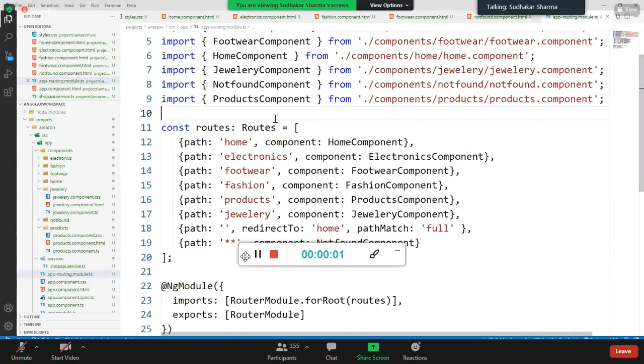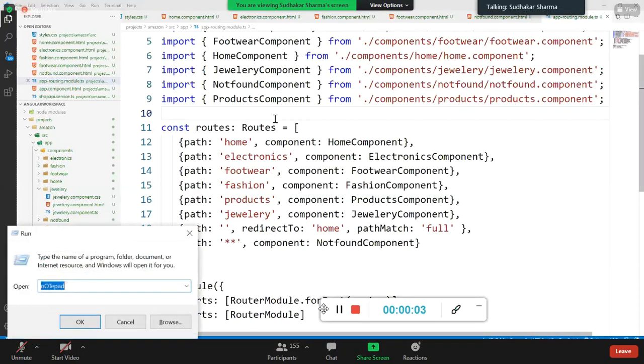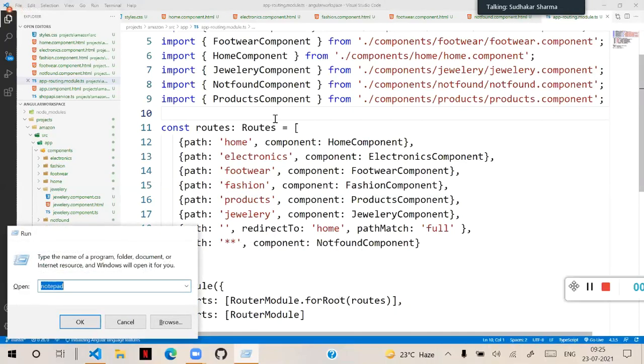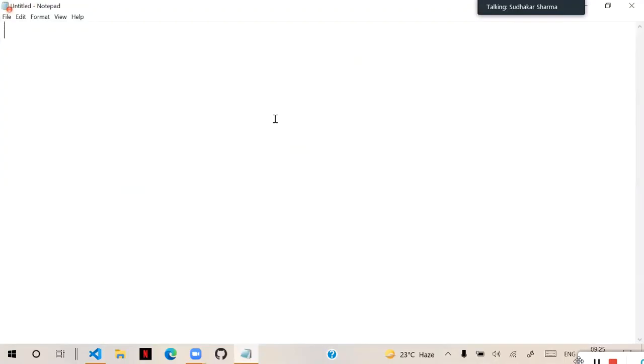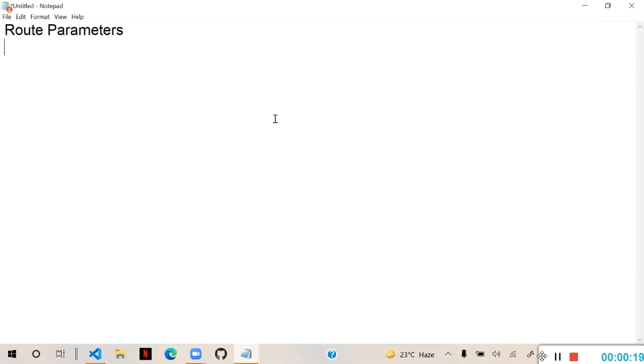While working with routing, another option is we need to understand about route parameters. So route parameters usually is nothing but